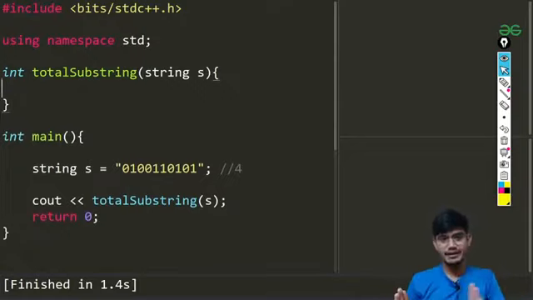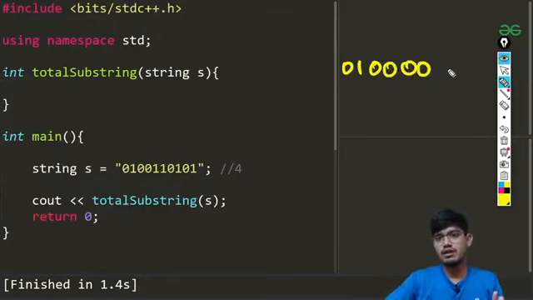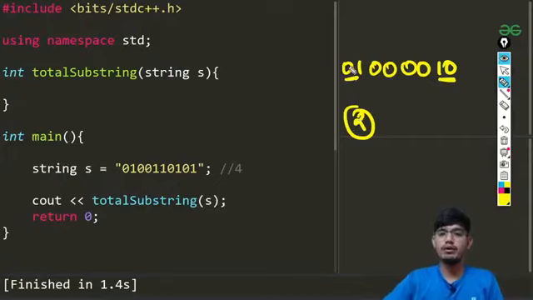I'll be just iterating. One of the most important constraints that they have given is that it should be continuous, in a continuous fashion. If it is continuous up to a point, we'll be considering the counts till that point. After that we'll not be considering anything. For example, if we have something like 1 0 1, then so many zeros, and then we have 1 0. In that case we'll not be considering that this is also possible, this is also possible, so count will be 2. No, it will not be 2, it will be only 1, because the second is not continuous to the other one. Okay, so that is there.